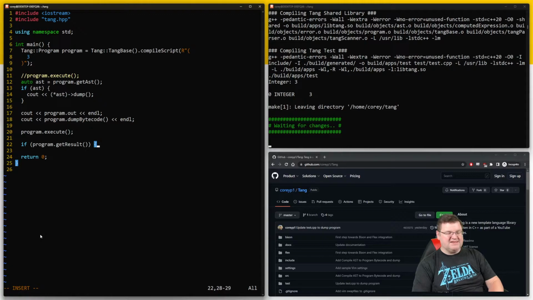So if it does have one, then I should be able to say cout program dot get result, there we go, dereference it,